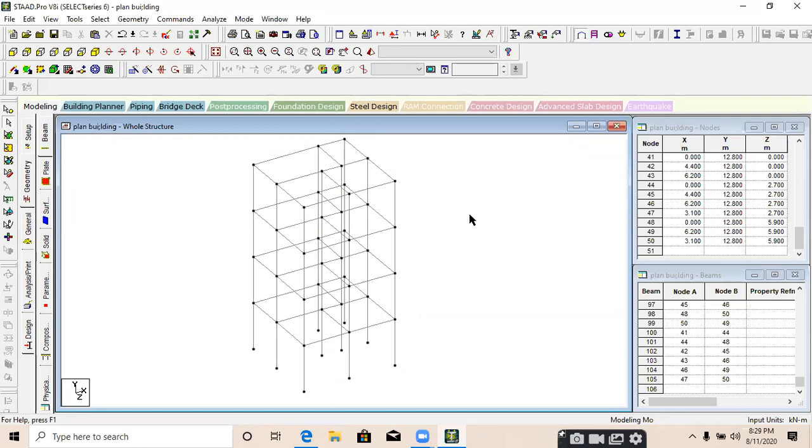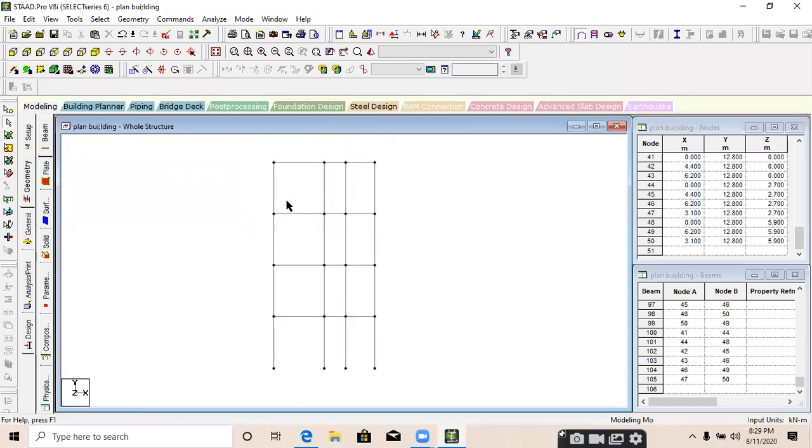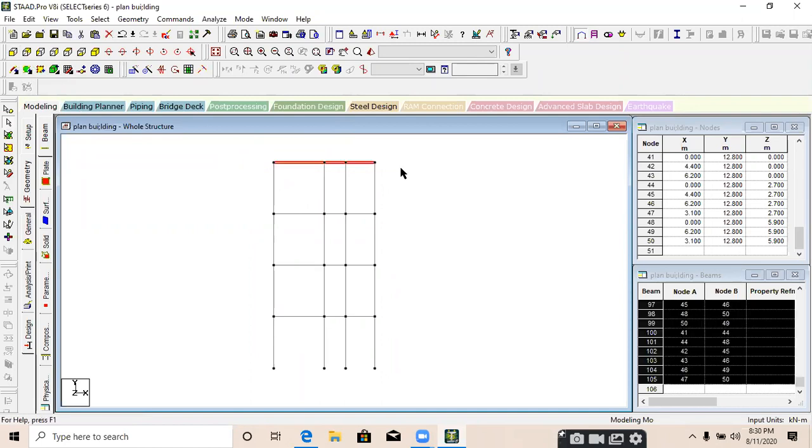Now my next task is to create slab. For the slab, just go to front view and select all the floors. From the front view only, you can select all the floors. Go to front view, drag a window like that to select all the floors. Hold control button and select the next floor. Here selected all the floors, and then we need to click on the fill floor grid with plates option.